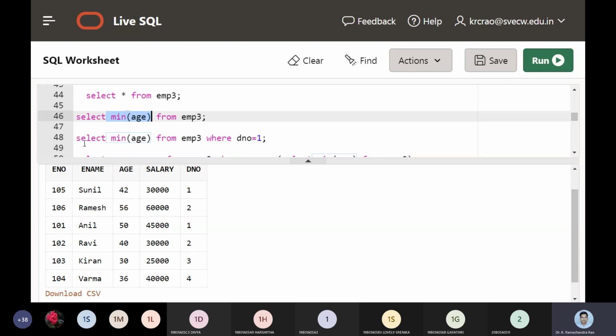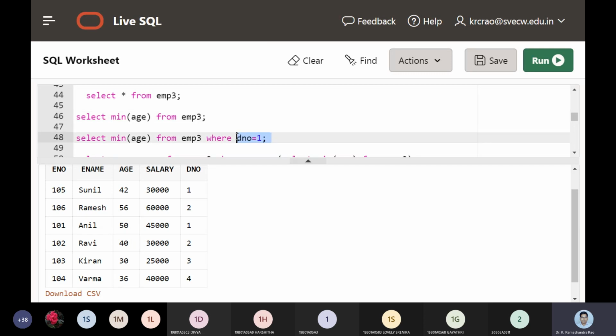And next one, select the minimum age from employee 3 database where department number is equals to 1. So in department number is equals to 1, we have 2 records. What are those 2 records? The 2 records are 105 and 102. So I should compare 42 and 50. Which one is the least?